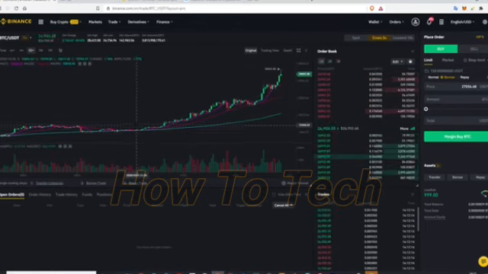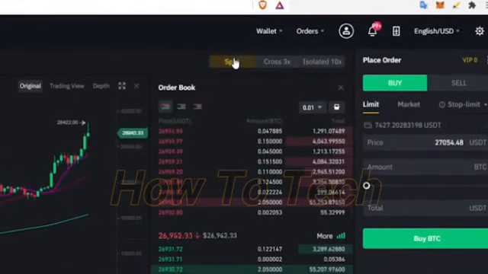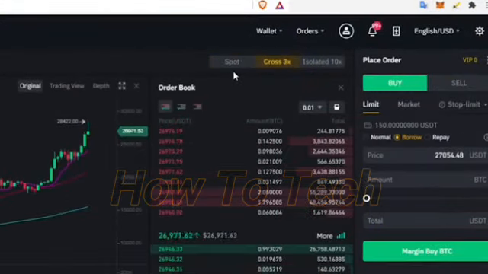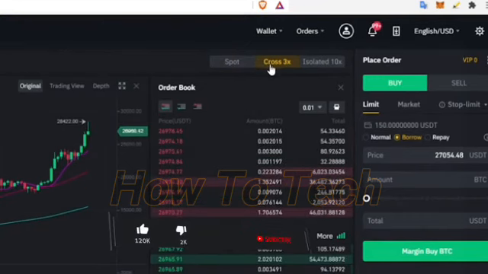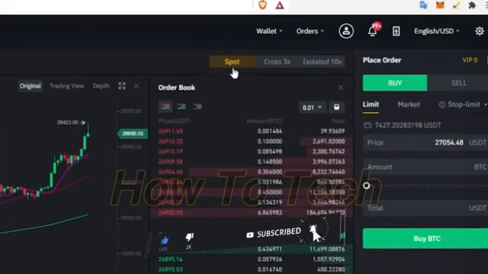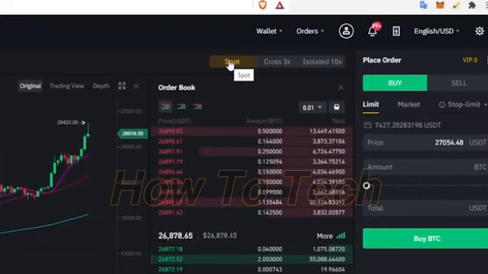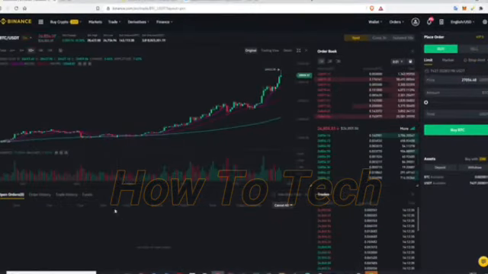So now we are in our trading desk, guys. You can see right now it's by default on cross. We want to click on spot, right? It was on cross 3x. This is margin. I want it to be at spot. So you always want to check this, making sure that it's at spot by default if spot trading is what you're trying to do. All right. And now what we